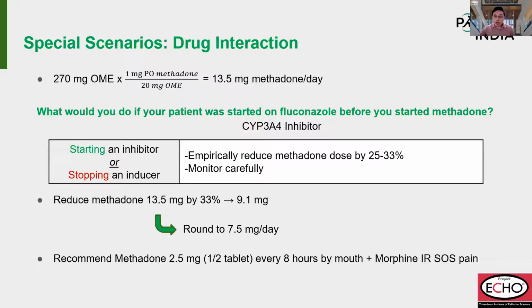So the other way around is if they've been on the fluconazole and we started methadone and they've been on the methadone for, let's say, a week, I would keep the methadone dose the same and wait another at least a week, at least 7 days, and see how they're doing. Because remember,